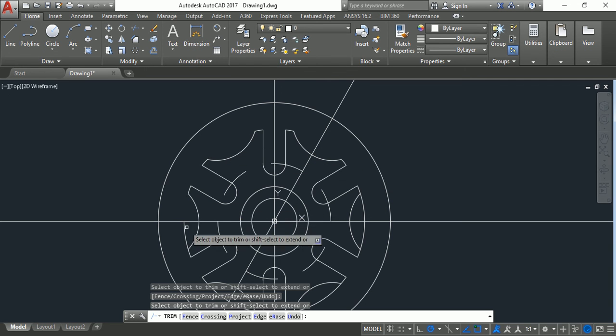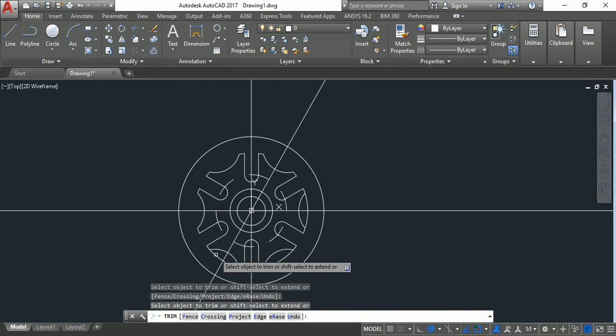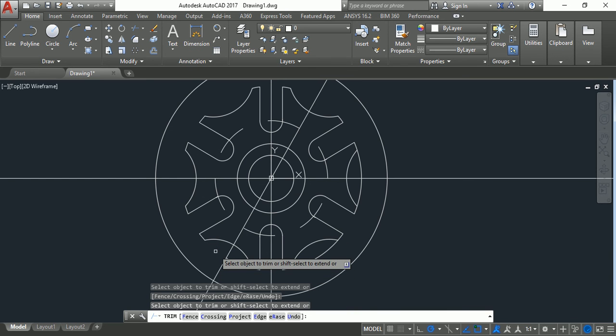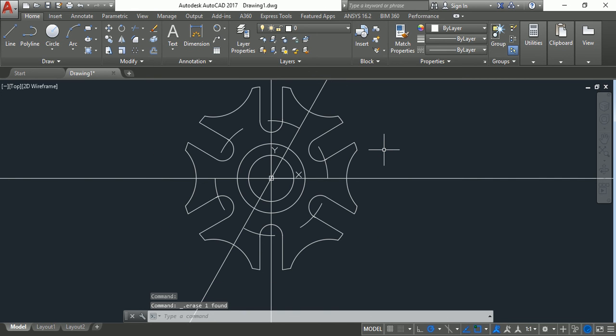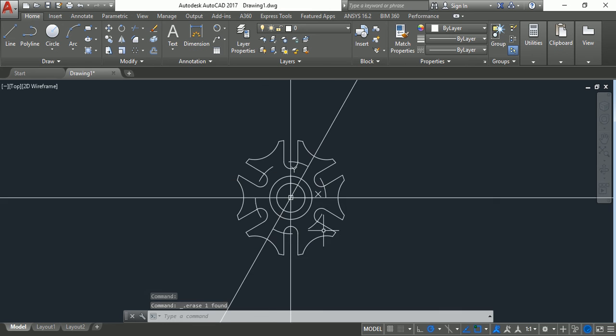So in this manner we have seen that by using various kinds of tools in AutoCAD, we can easily create the drawing for a part and also in turn for an assembly. We will delete this outer circle of diameter 5.14 as this is not required.